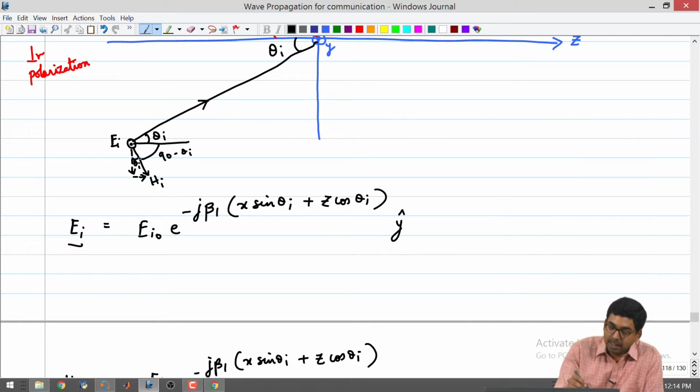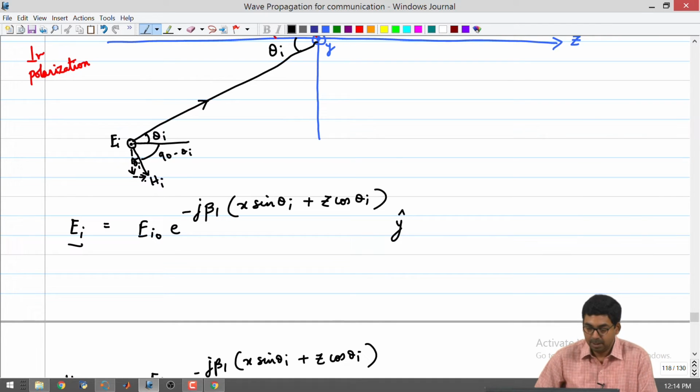So, now I can say that this component over here is going to be my x component, and the horizontal component is going to be corresponding to the z component. Okay. And the reason why I want to pay more attention is because the boundary conditions are different for these different components, all right. So, in the previous case we did not have any free charges, so we just used tangential fields equal to 0, right. But here we have to be very, very careful when applying the boundary conditions, right. So, that is why I want to split them into two components and apply the correct boundary conditions, right.